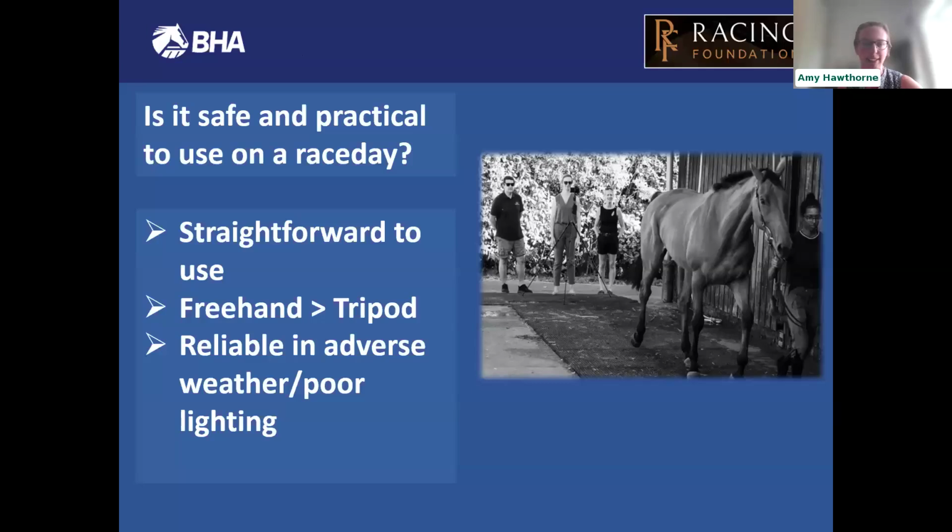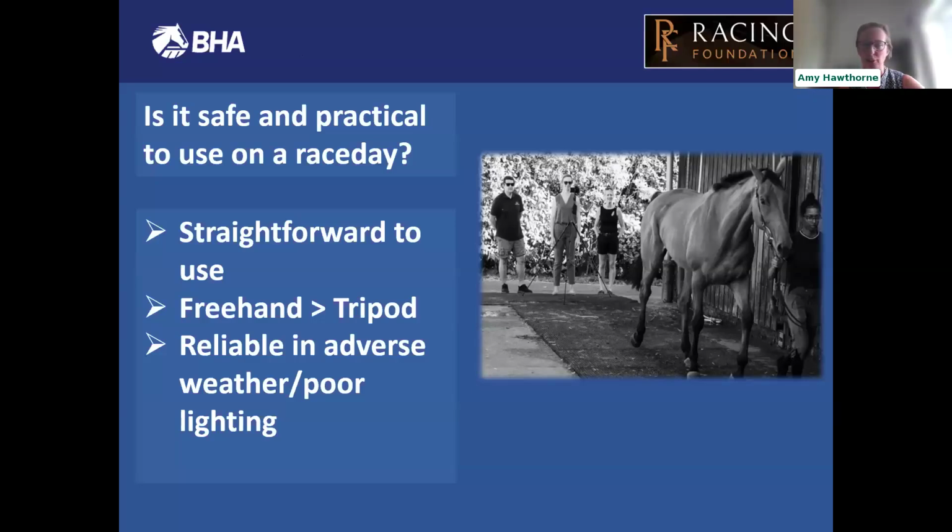be heavy-handed with regulation. I suppose there were three questions we were trying to answer from the trial. The first is, is it safe and practical for us on race day? Secondly, are we content that it's relatively accurate on the British thoroughbred population? And thirdly, what do the racing participants, in particular the trainers, think of the analysis? So I'll go over a couple of